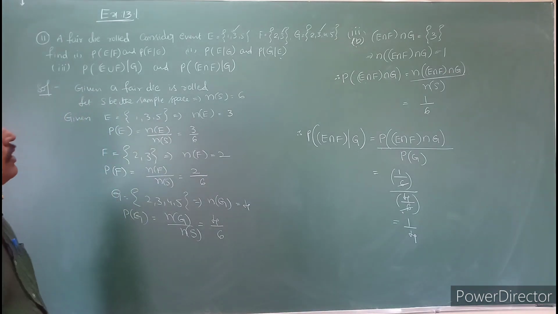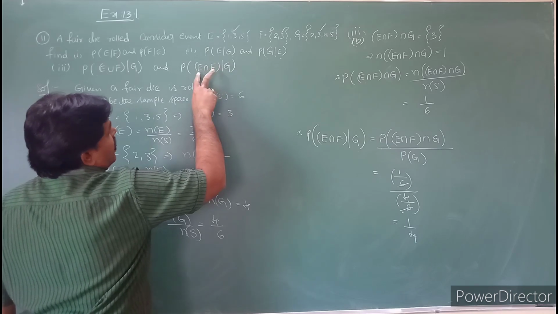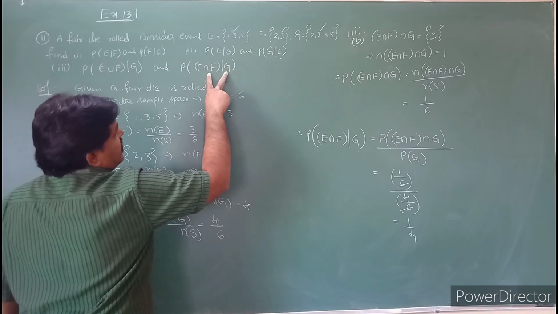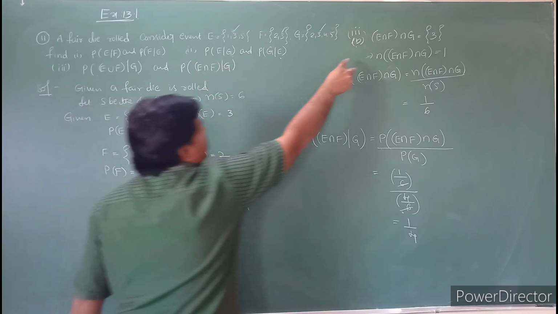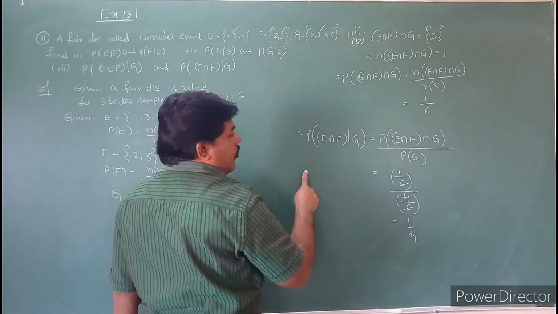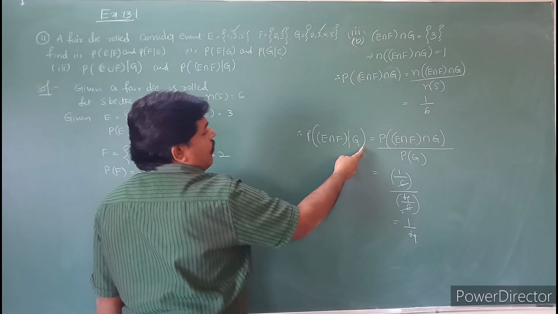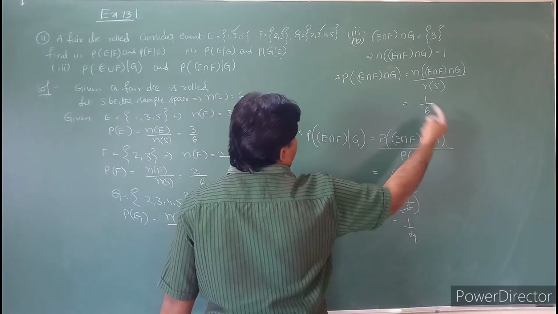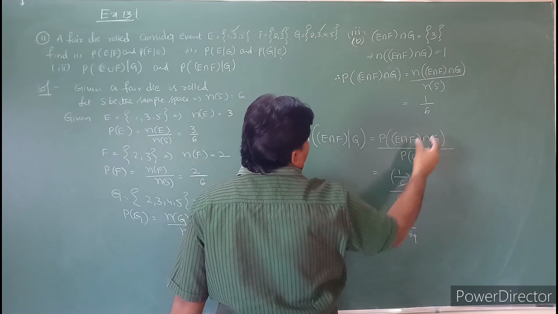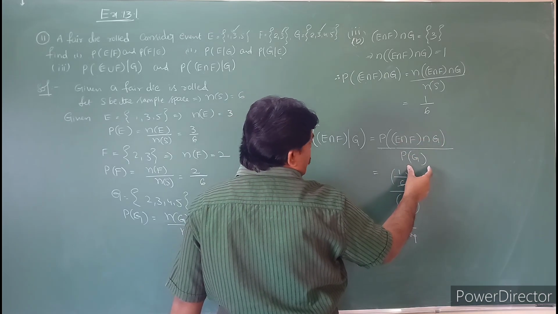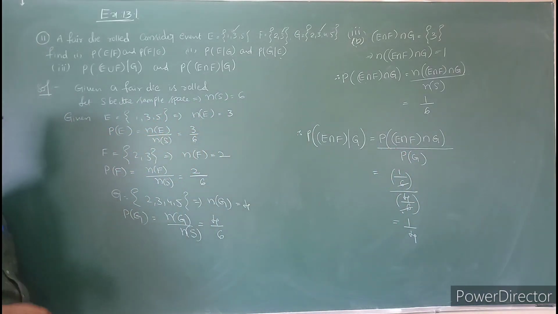So see that question, students. If you want to calculate the probability of A given by B, or the probability of E intersection F by G, first you have to take the intersection of these sets, E intersection F intersection G. First calculate that value and then calculate the probability of that. Then take the conditional probability of E intersection F given by G. Apply the formula, substitute the values you already calculated here, then you will get the answer.